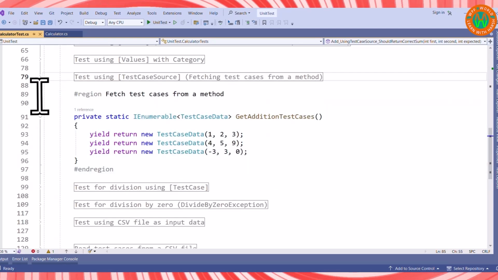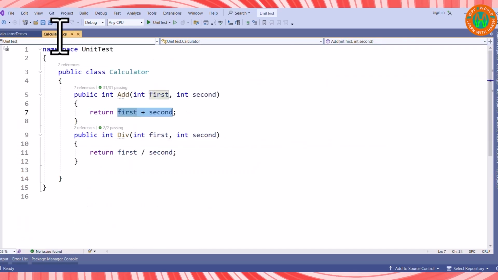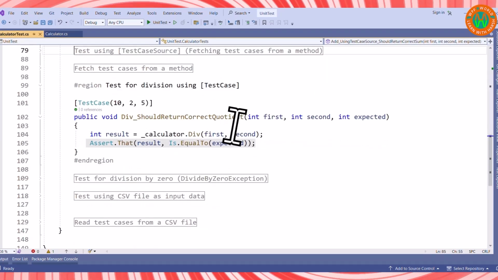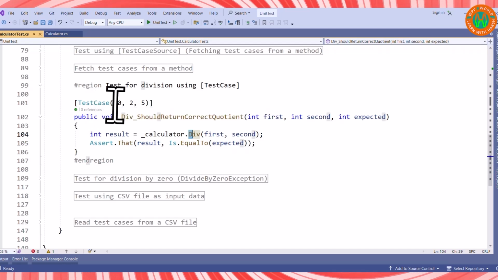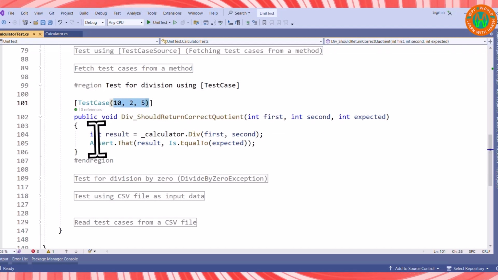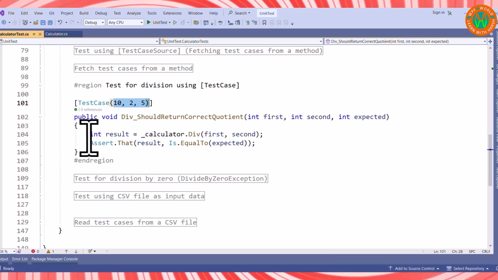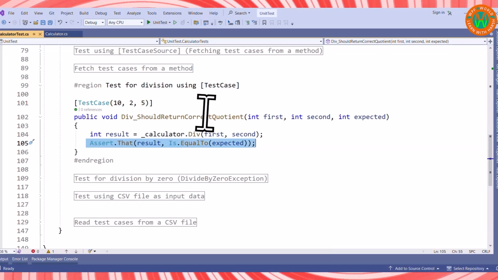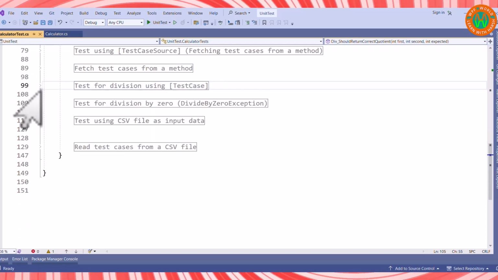Now we can see the next type of test case for the division method. Here you can see we are using the test case attribute and passing 3 values, which will map to first, second and expected, and we can verify this value using assert. We have already seen this for the addition method, so I will skip this, then we'll go for the next,